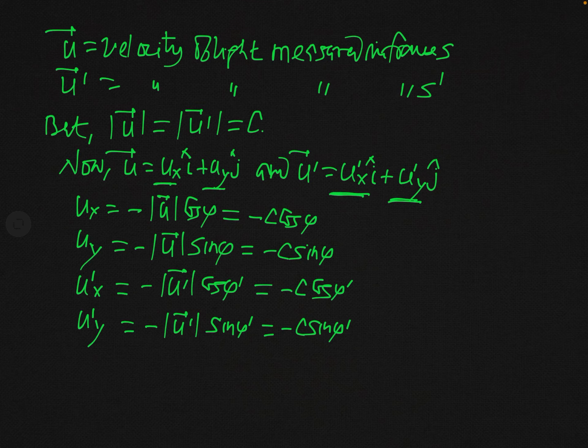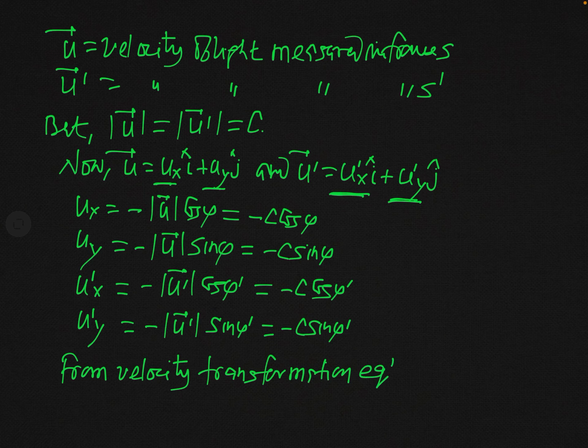So using the velocity transformation equations, we can relate these two angles phi and phi prime. So what will be actually the relevant velocity transformation equations here? We will write the velocity transformation equations for x and y component of the velocity. So you know, from the velocity transformation equation,